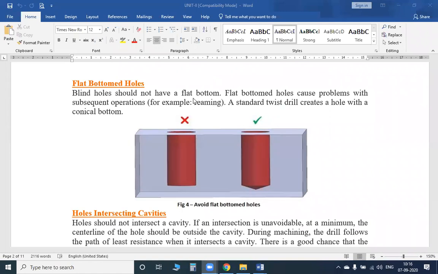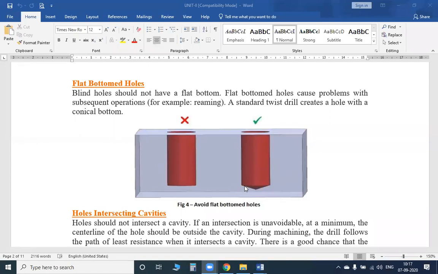You already know reaming, honing, lapping, broaching; these are all surface finishing operations. In the same way, a flat bottom hole can't be used for further operation. So take a drill shape that gives a conical hole, a conical bottom, so that when you want to do surface finishing operations inside a hole, it can be easily done.